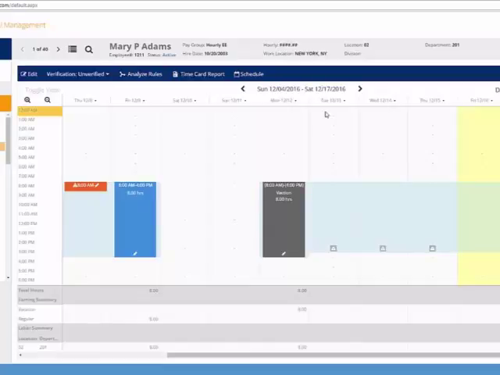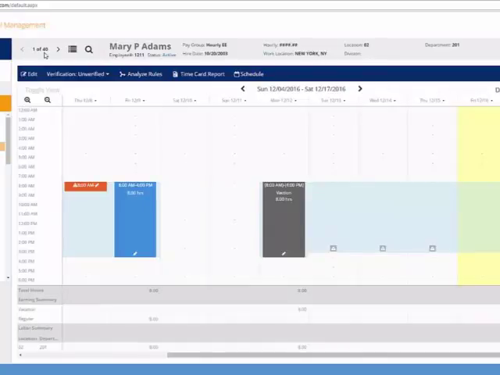Now, if we start up at the top of the time card, you'll notice we've got our employee's name listed, as well as some basic information just off to the right. Now, to the left of our employees' time cards, we've got a couple of icons that I'd like to talk you through. On the far left-hand side, you'll notice we've got a count of employees. So my system is saying 1 of 40,